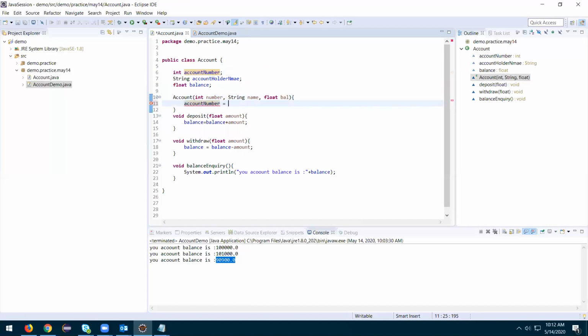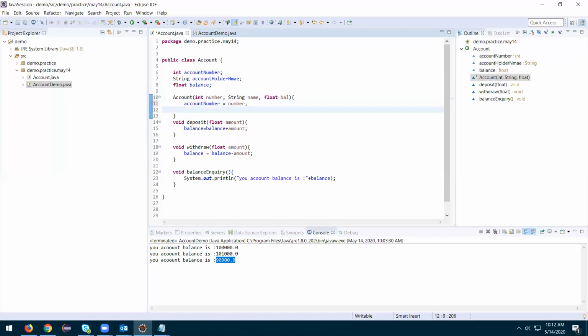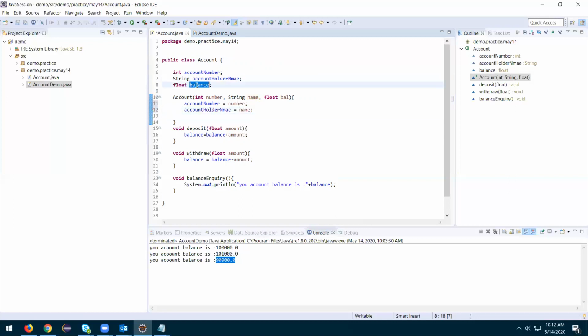Account number equals number, account holder name equals name, balance equals balance. Yes, got it.